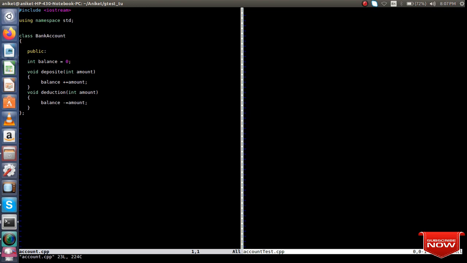Let me open my source file as well, which is the account.cpp file. I'll open this header file and copy it to my account test.cpp file, as it is a standard method to use iostream when you are writing a C++ program. And then let me include my gtest file as well, gtest.h, and here using namespace std.